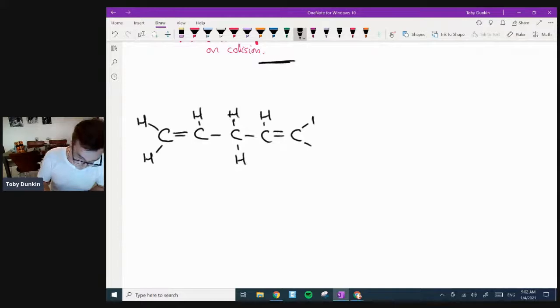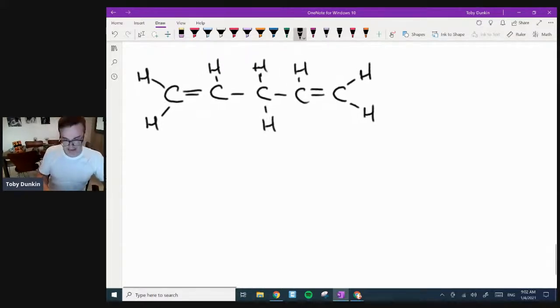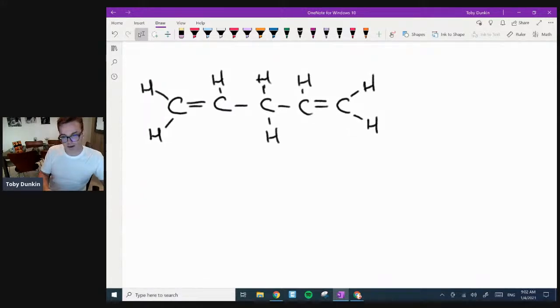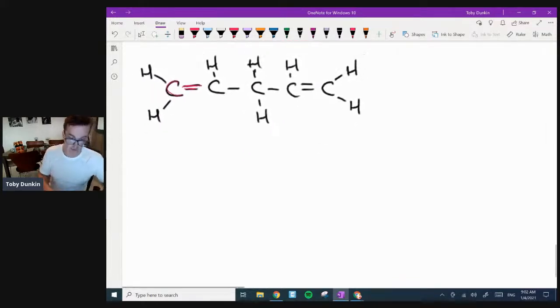This one actually, by the way, is far more interesting. It still doesn't show geometrical isomerism, so don't worry about E and Z. We know that geometrical isomerism doesn't exist here because this carbon in this double bond has the same group attached twice, so no matter what its orientation, it's always going to be the same. That's the explanation for it not showing geometrical isomerism. That question comes up a lot, so bear in mind that.